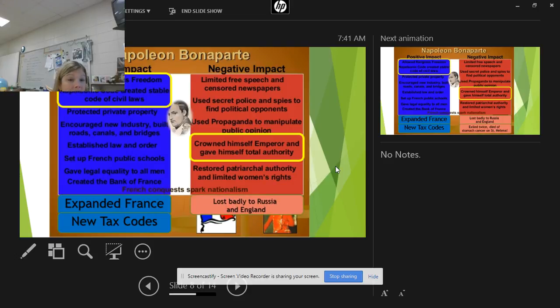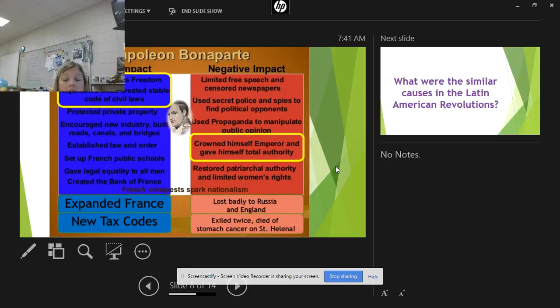And of course, the Napoleonic Wars didn't end up well for him. He lost very badly to Russia in the invasion. He lost almost 500,000 troops. Those are people's brothers, sons, fathers. They're not going to take very kindly to the fact that they're all dying in Russia. Okay. And he also eventually is going to be defeated by the British, which then he will be exiled twice. Once to Elba, and then he'll come back to lose at the Battle of Waterloo, and then he'll be exiled to St. Helena, where he'll die of stomach cancer. So all in all, he did some good things, did some bad things. He was instrumental in spreading the Enlightenment movement, but that eventually did kind of lead to his downfall.